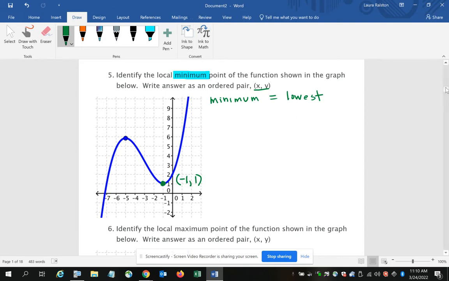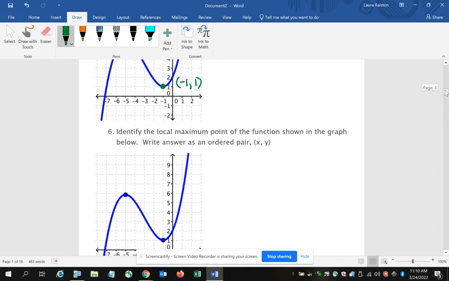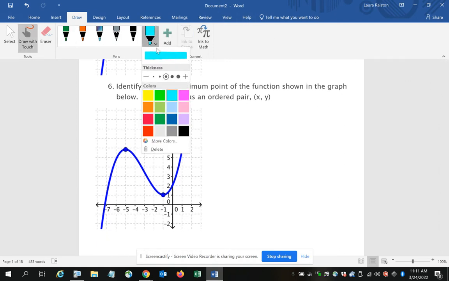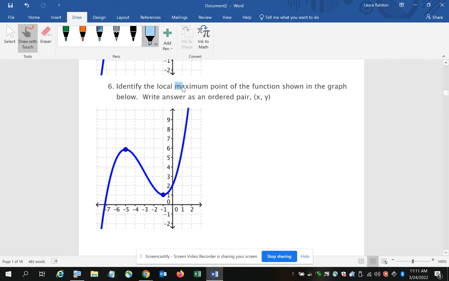Again, a lot of it's going to be making sure you read the question carefully. Question 6 asks you to find the local maximum point. The maximum does imply the highest, and because it's local. So I hope that triggers in your mind that you're looking for the highest. So again, looking at that same graph, the high point is this one,